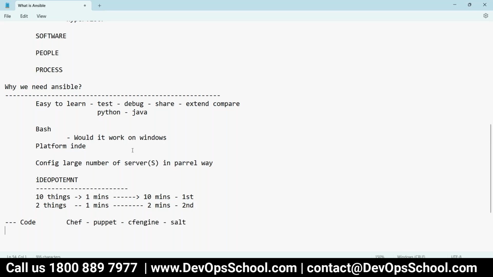Now let's say you don't like coding at all and you want to go for UI-based tools, then you go for Octopus Deploy, XL Deploy. Many tools are there which can do the job. Okay, are you understanding, all of you?